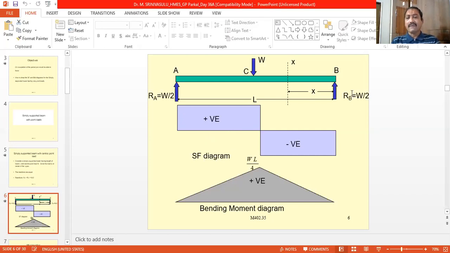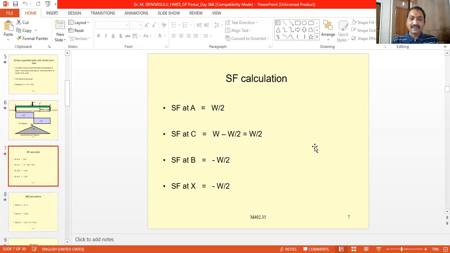So generally when a force acts upwards to the right of the section, it is a negative force. So the shear force at B is equal to W by 2, but it is acting upwards to the right of the section, so negative. So SF at B is equal to minus W by 2. Now coming to the